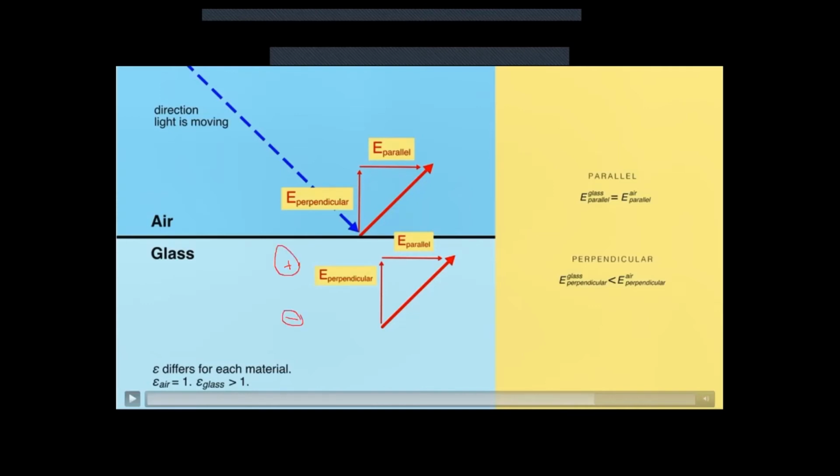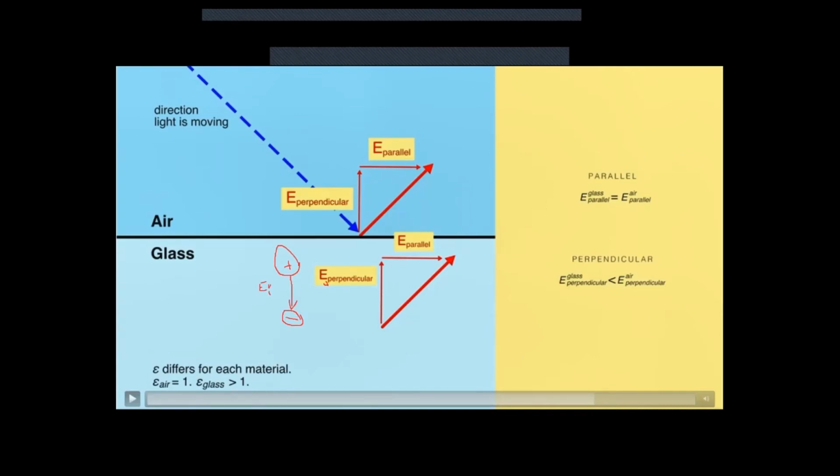So it becomes polarized, which means there's going to be an induced electric field pointing in the opposite direction. So here's the induced electric field, I'll label it I. And this one is the original electric field. The original electric field is pointing in the opposite direction. The induced electric field is going to point in the downward direction, and it's not going to be as strong as the original one.